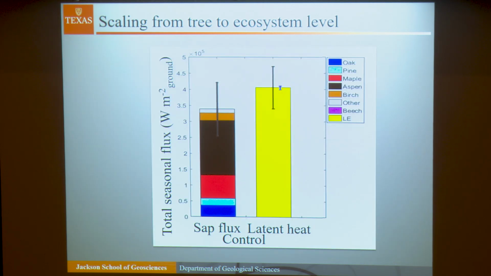So for example, sap flux measurements scale well from trees to ecosystems when you have a large enough sample size. But where this really becomes a problem is when you're not talking just about things that are sap flux, which is integrative of different traits, because that sap flow rate is going to be irrespective of what the roots do and what the leaves do and what the xylem looks like. But when you get down to the nitty-gritty of measuring a pressure volume curve or measuring leaf water potential and tracking it over the course of the day or over the course of a year, things become much more challenging